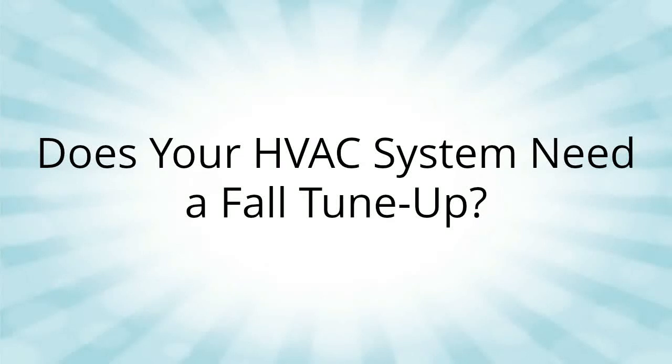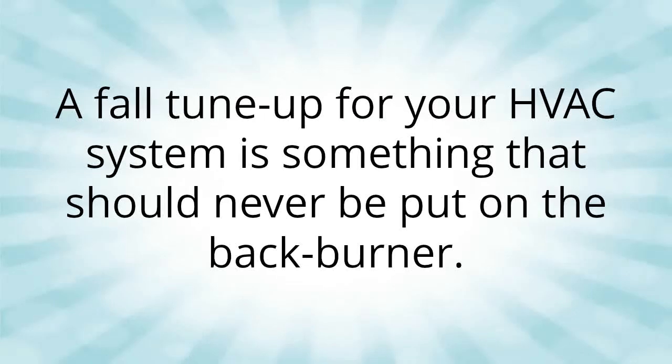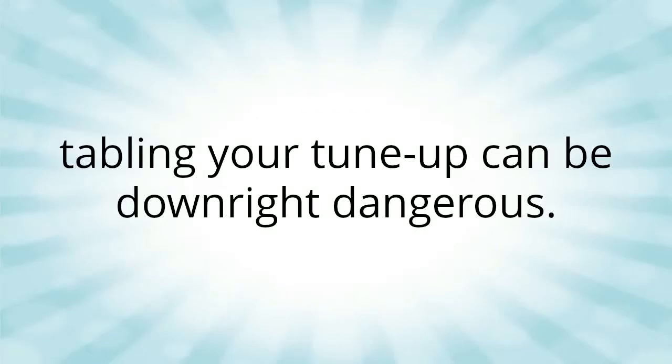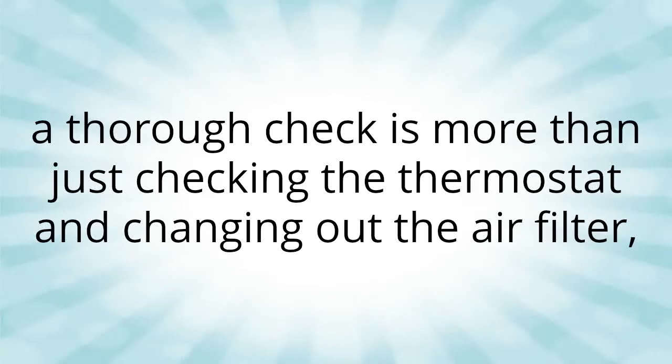Does your HVAC system need a fall tune-up? A fall tune-up for your HVAC system is something that should never be put on the back burner. As a matter of fact, tabling your tune-up can be downright dangerous. But a thorough check is more than just checking the thermostat and changing out the air filter, which you can